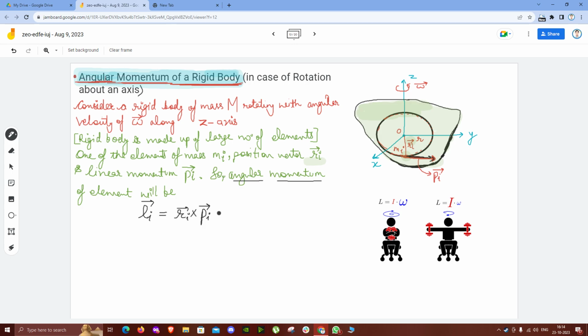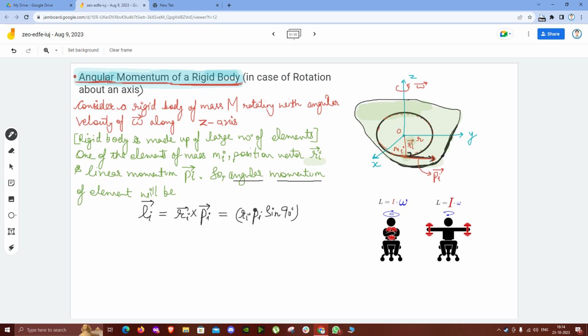Now this is the cross product, so we can write it as ri magnitude pi magnitude sine 90 degree. They have the angle of 90 degree between them. So in this case sine 90